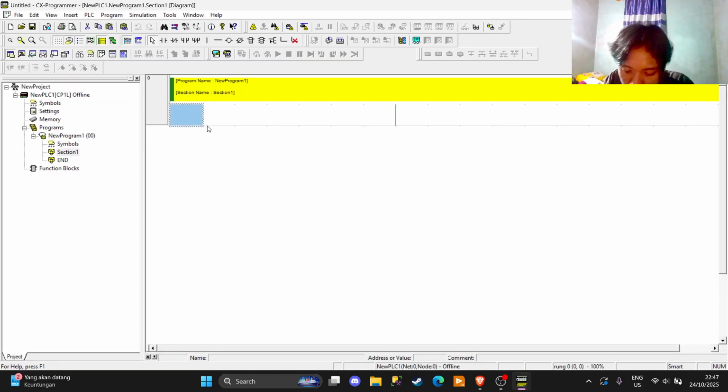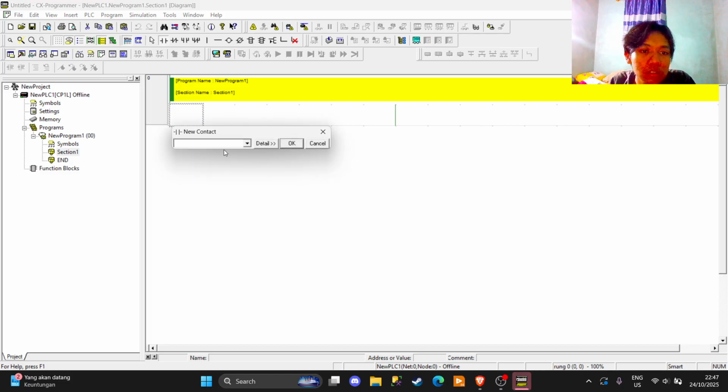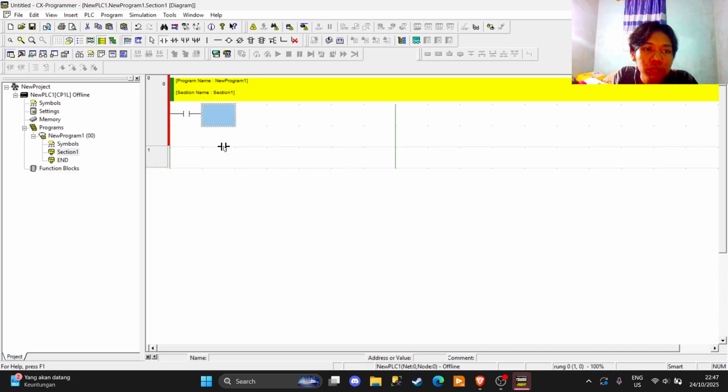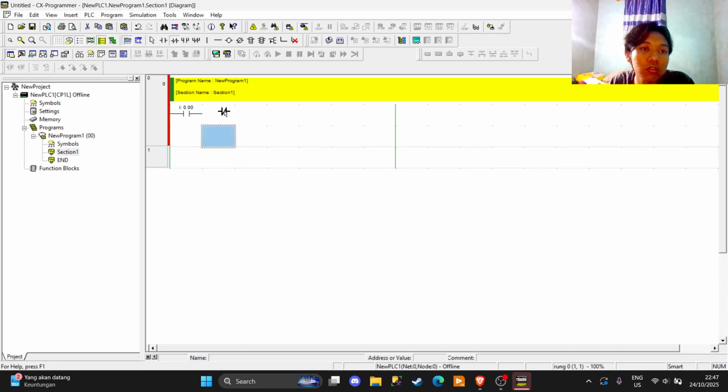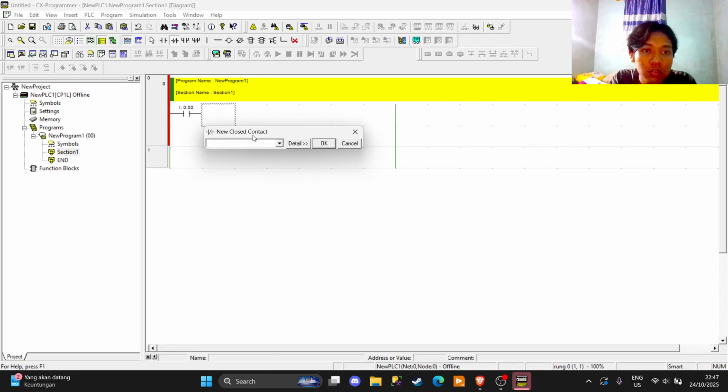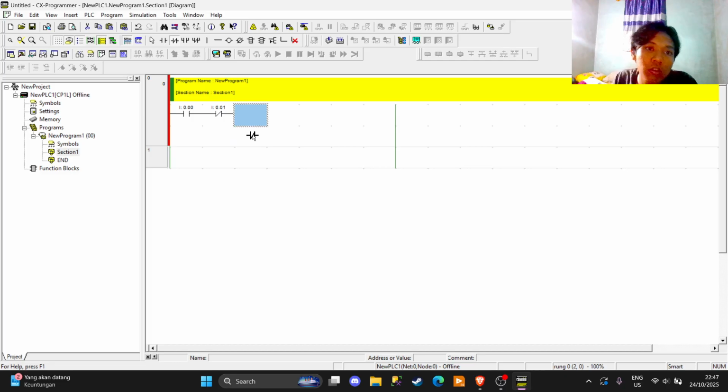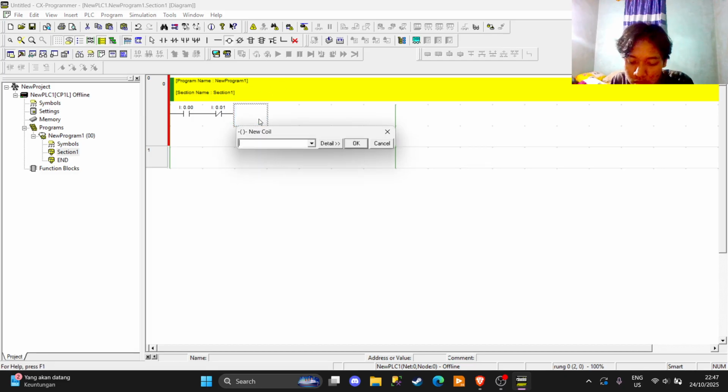The first thing we set up, same as the previous video, is the interlock system. The interlock uses 000, then the normally closed contact is 001, and then the output is V000.